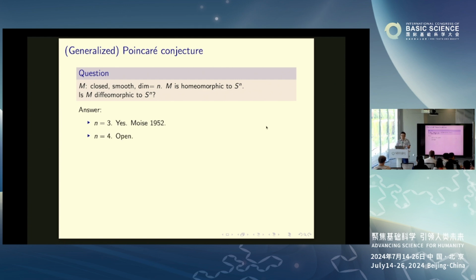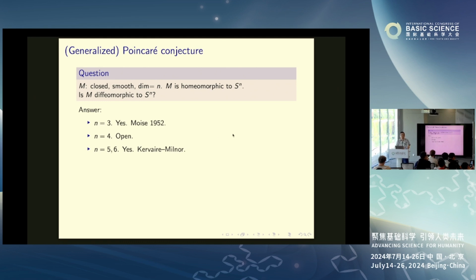So the dimension 4 case is, of course, wildly open. This is known as the smooth Poincaré conjecture in dimension 4. If you want to know more about what happens to this conjecture, you should ask Tripper in the audience. And all right, so I won't say anything about that. For higher dimension,